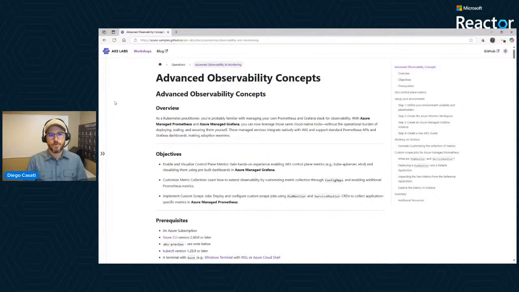Now, with concepts like that, and going a little bit deeper, what if I actually want to have visibility across my control plane metrics? AKS, being a managed service, we take care of the control plane. You don't pay for that, but you don't manage it either, right? So it's taken care of for you.